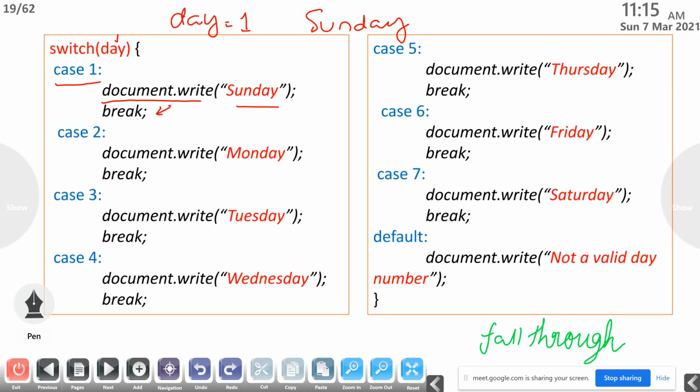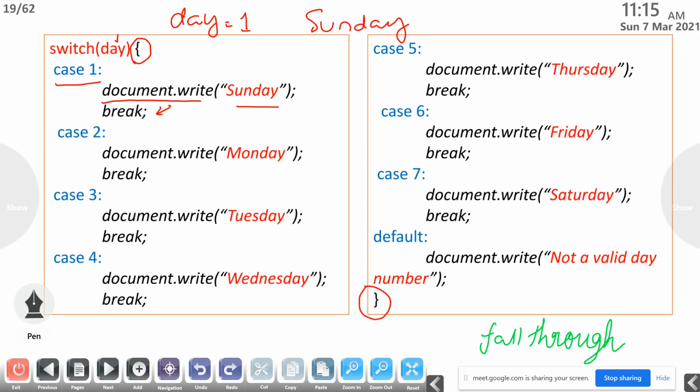It will move out of the closing brace of the switch. Where is the closing brace of the switch? This is the closing brace of the switch. So after entering a case, print something or do something, and here you can see a break. Then what will happen? The control will move out of the closing brace of the switch statement.